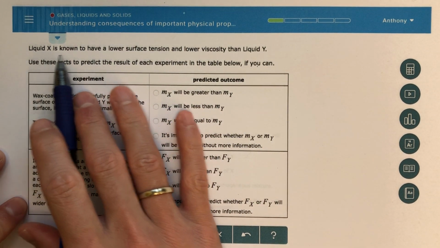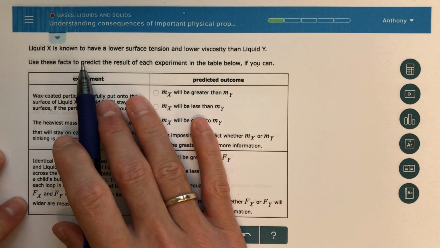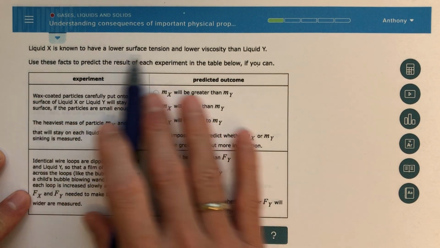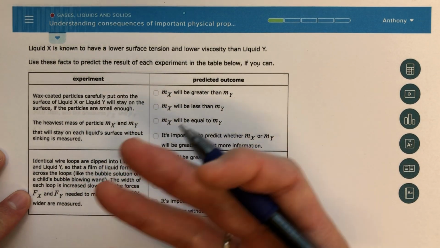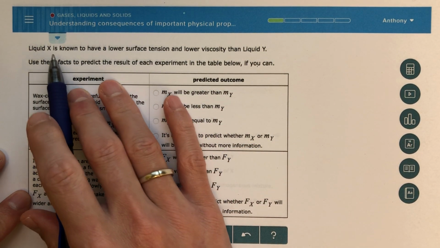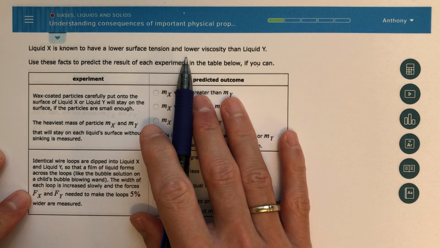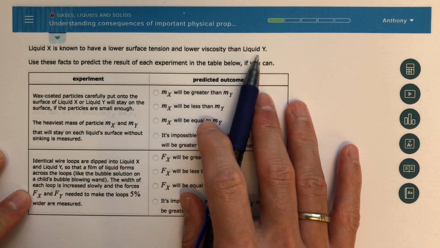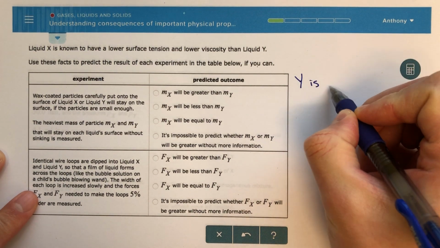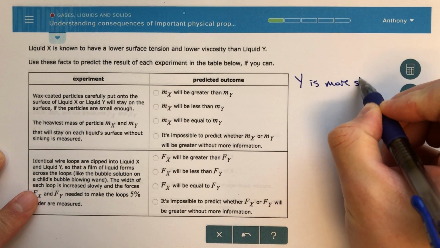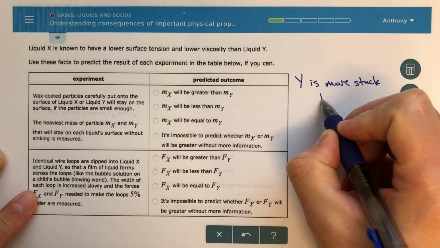The first thing that I would do when I first start doing these problems is read the first sentence and try to draw a conclusion about the relative intermolecular forces at play. So it says liquid X is known to have a lower surface tension and lower viscosity than liquid Y. So both of those suggest that liquid Y is more stuck together. And I know this is sort of a crude way